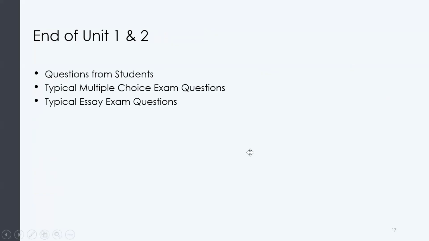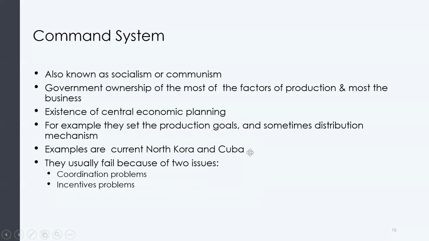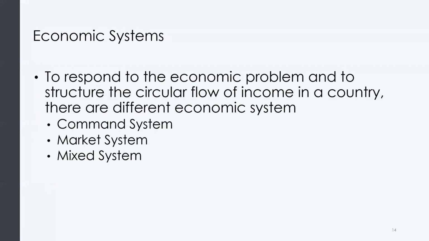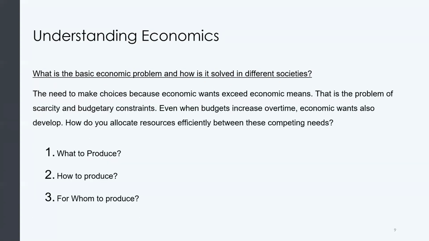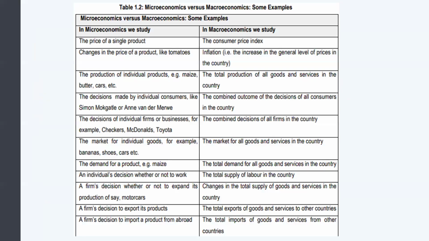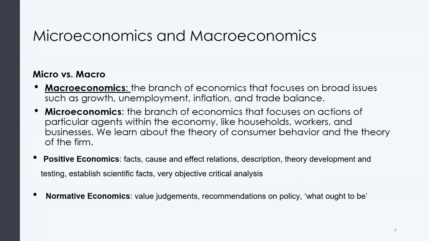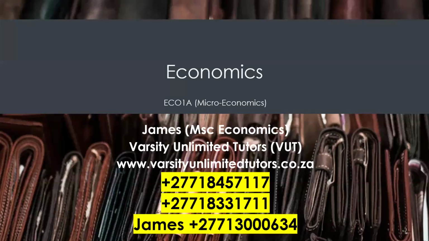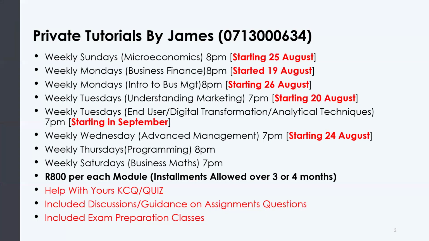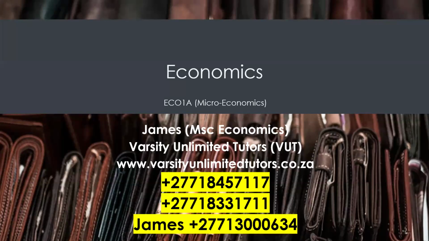Right. In my next class, which is tomorrow, by the way, I'm going to introduce what is called the production possibility curve. The production possibility curve is just a graphical representation of the economic problem. You can find it in your prescribed textbooks. I know that in your study guides, it might not really be covered in depth, but it is in your prescribed textbook, and it is an exam question that you are going to be asked. So we are going to cover it tomorrow, the production possibility curve.